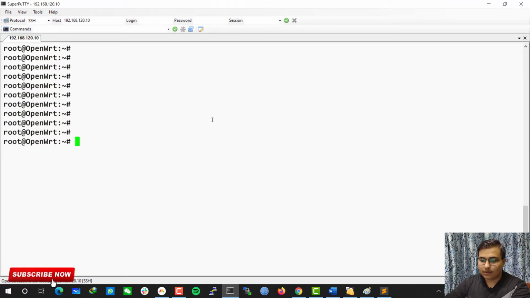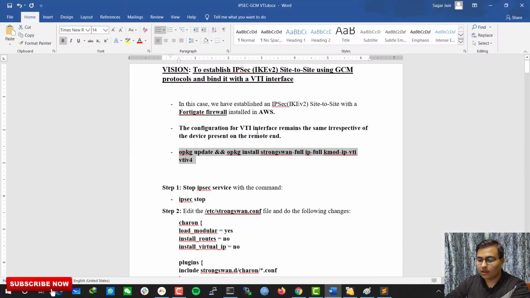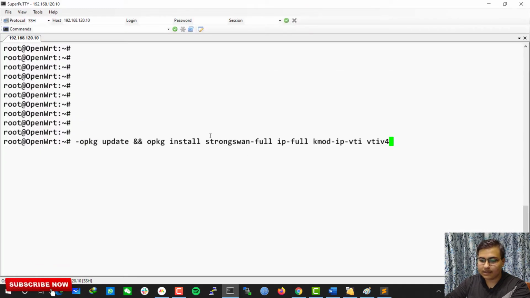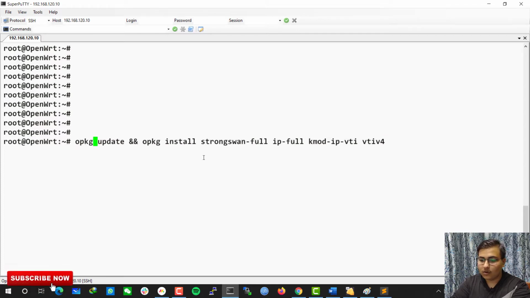So now what we need to do is, first we will install the VTI and IPsec packages. In my scenario, I am establishing IPsec with StrongSwan.